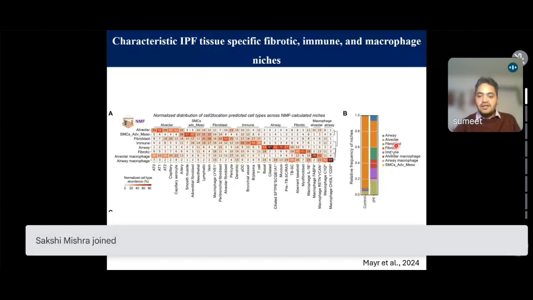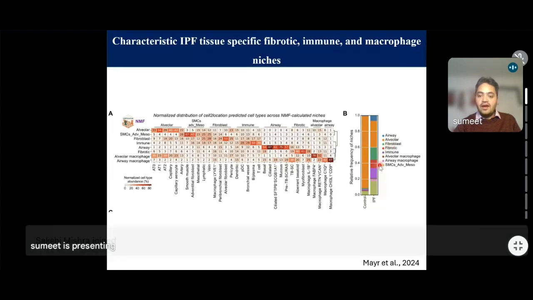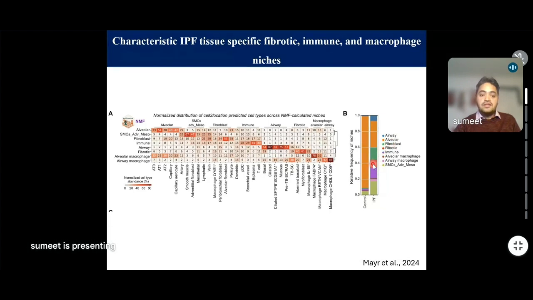But in a fibrotic condition, in an IPF condition, you have lots and lots of cells which are basically fibrotic niche, meaning these are the areas in the tissue which have lots and lots of myofibroblasts, which is also represented here in this heat map. So with this, what you can appreciate is we can look at the lung